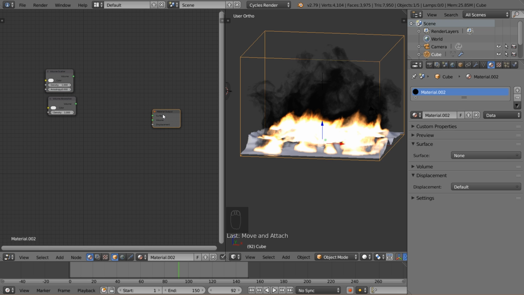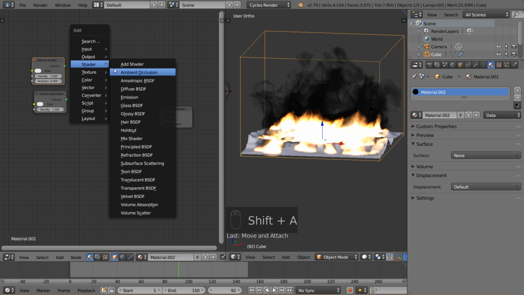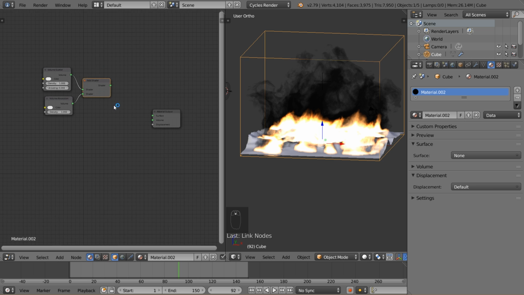There's a few tips and techniques that we do to make this look way better than your basic volume material in Cycles, and that's what I'm going to show you guys. It's a little bit more advanced, but it's definitely worth it. So I'm going to add an add shader here. We're going to plug the volume scatter in the top, the volume absorption in the bottom, and then I'm going to